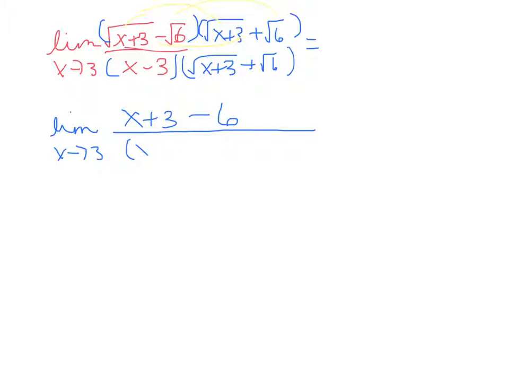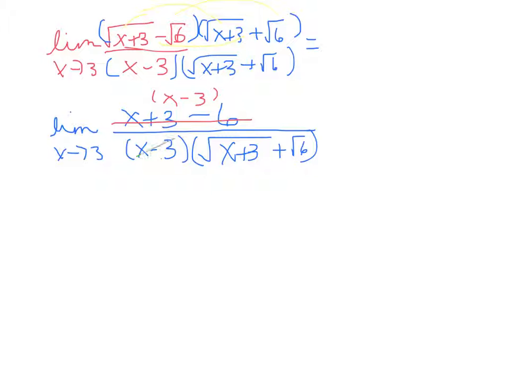And the denominator, I'm just going to leave these the way they were. That expression times this expression. I'm not going to actually try to multiply them out at all. But I am going to notice that my top really says x plus 3 minus 6. That top really says x minus 3. So now I have an x minus 3 in the numerator and an x minus 3 in the denominator, and I can take those expressions and I can factor them out, remembering, of course, to always leave my little 1 behind, which means that I am now left with